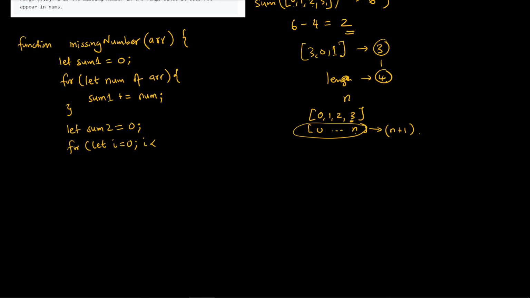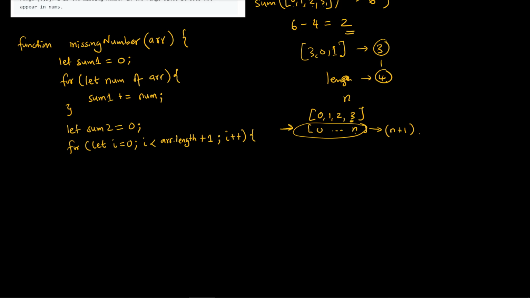Make sure that the i here is now the length of the original array, which is the 0 to n. So the original one would be the current length plus 1. So it will be array.length plus 1, i plus plus. Okay,